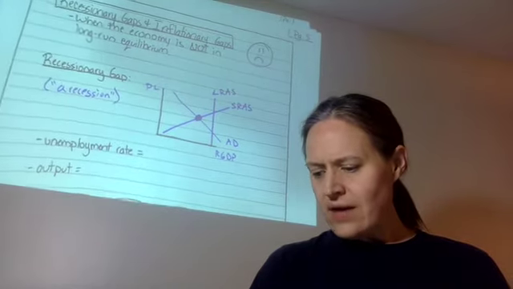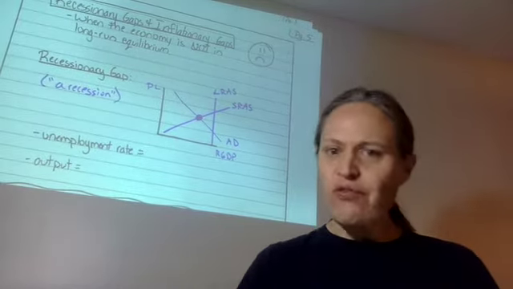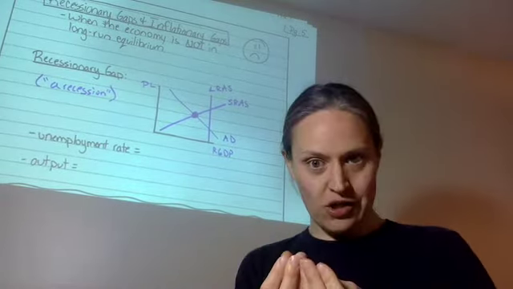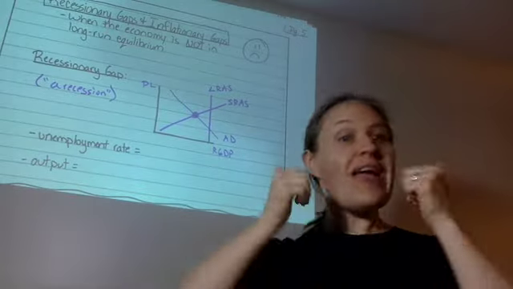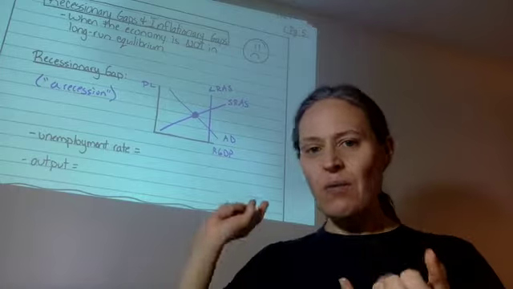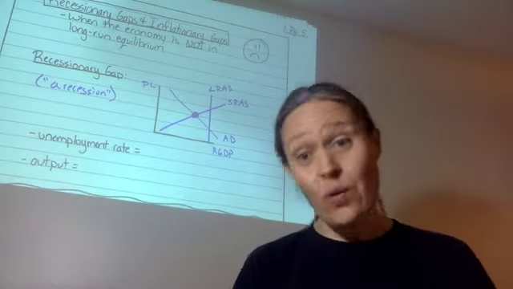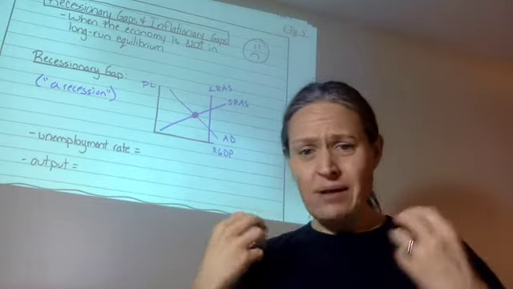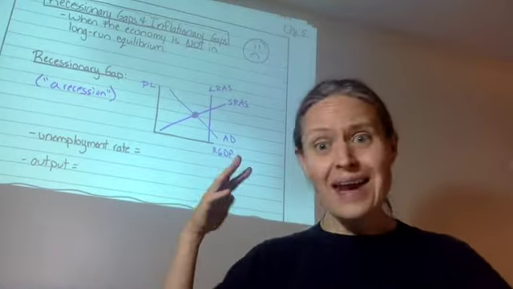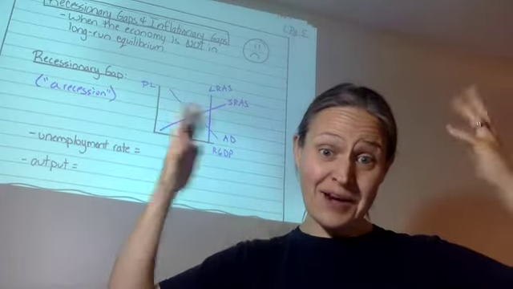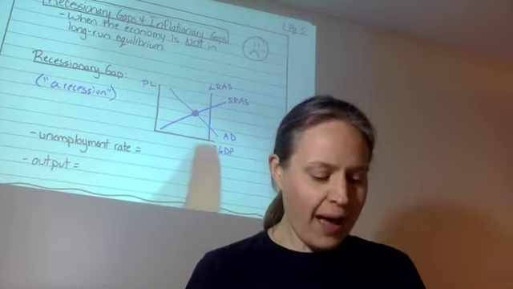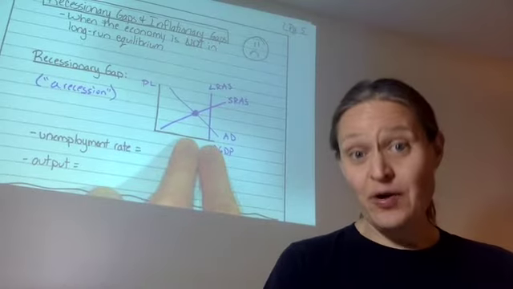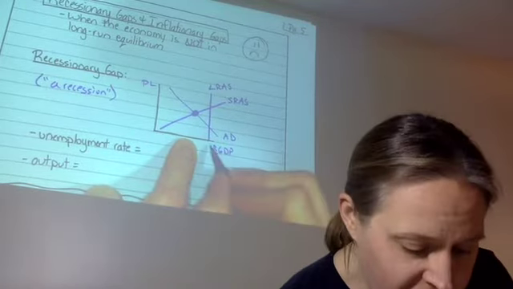Okay, now what does this mean? Well, if you remember from our notes from the last module, the long run aggregate supply curve represents the potential of the economy. It represents like awesomeness. It represents that we only have natural unemployment, so a really low unemployment rate. It represents that businesses are creating and building and supplying as much as they can, and that everyone's buying all that stuff. Yay, happy economy. Okay, now a recessionary gap is not a happy economy because remember, the long run aggregate supply curve represents the good spot, okay? So at this spot here,